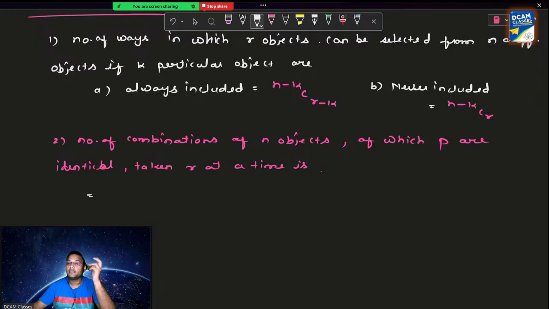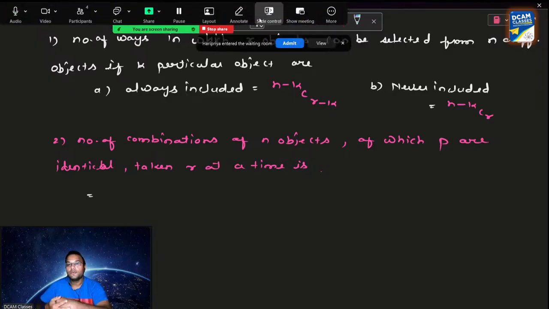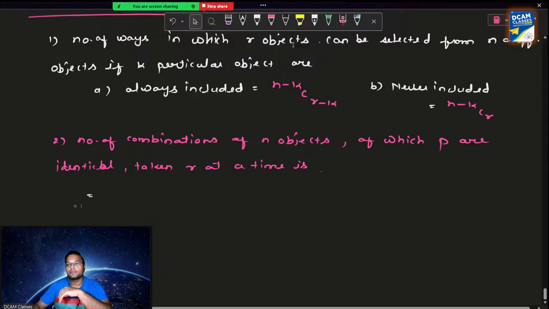They are saying how many such combinations, all the possible selections that you can do. See, taken r at a time means these p identical objects will be treated as one. Okay, so we have to do the selections from